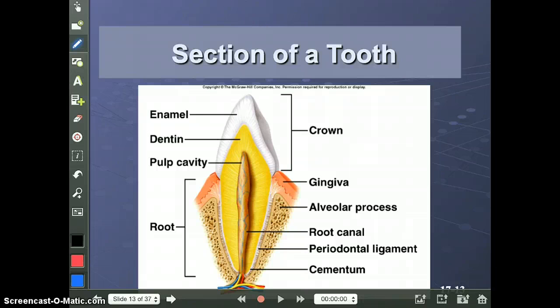The portion that we have actually sticking out of our gums is known as our crown, and many of us might have an issue with this guy here, enamel. If you go talk to your dentist, they may talk about getting some more fluoride treatments to help strengthen that enamel, or you use toothpaste, like Pro Enamel, things that are going to help strengthen that. That is the hard outer portion of your teeth,